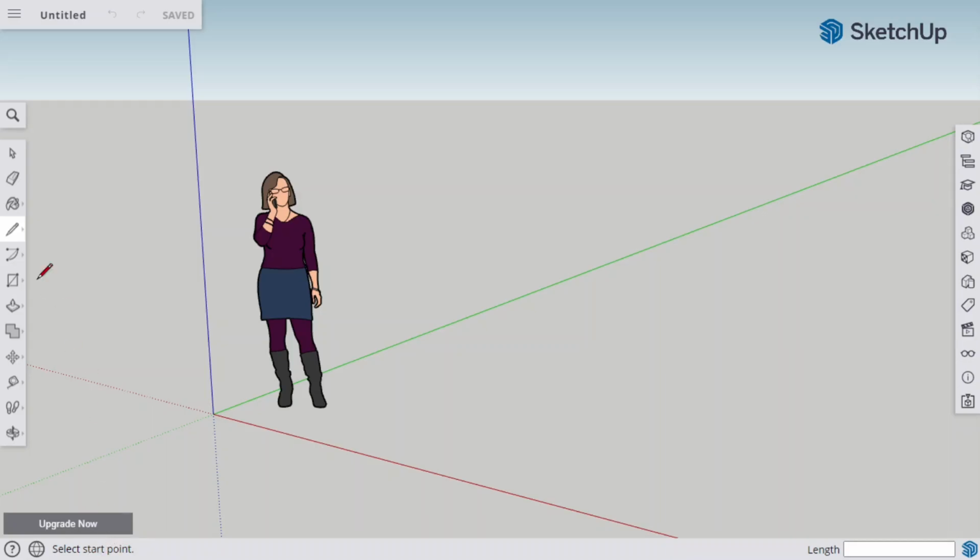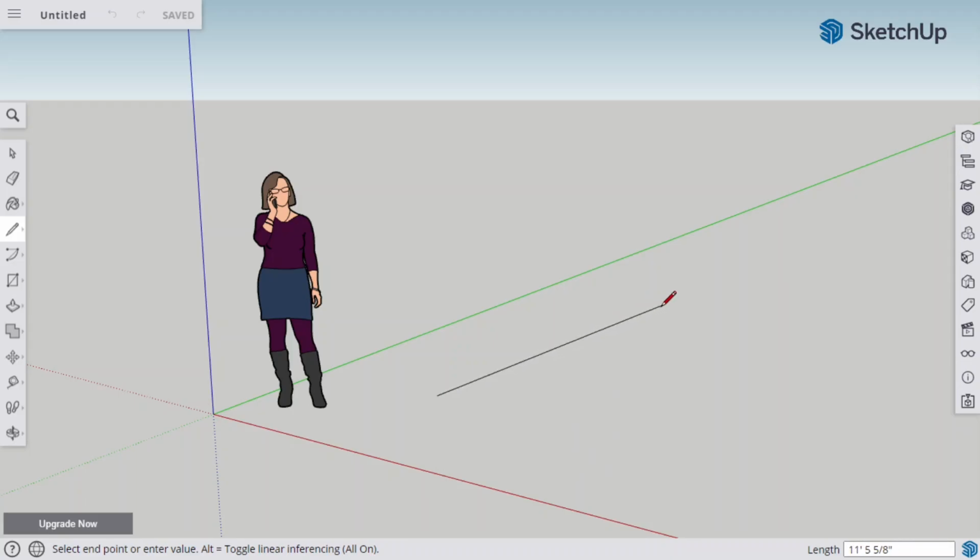And finally, on the bottom right, you have here is the measurement box. This will help you in drawing your objects with precision. For example, if I have to draw a line here, I will click and move my mouse in the direction I want to draw the line. And you can see that as I move my mouse, the value in the measurement box changes, showing me the length of the line from the point I have clicked to the pointer of my mouse.